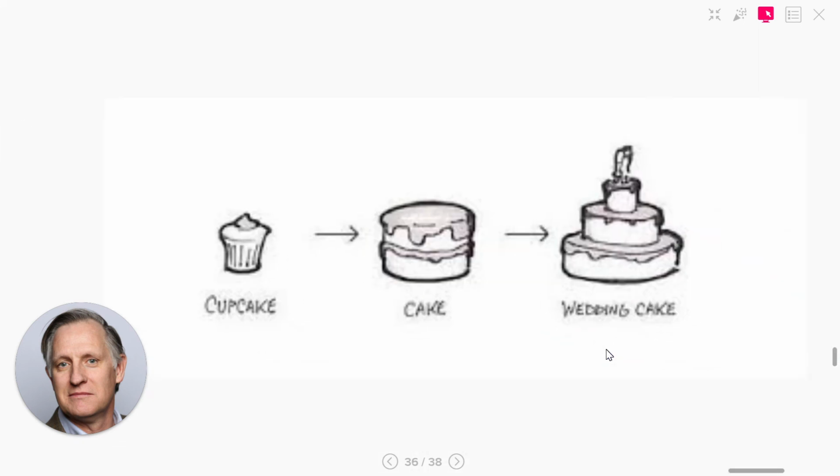Another way to look at it in design thinking, they call it the cake experience roadmap, right? You want to focus on cupcakes, right? It's something that doesn't cost a lot of money, cooks fast, ingredients are fairly simple, but it still delivers a tasty experience, right? If you focus on the wedding cake, it takes a long time, it's really expensive, customer may not want to get married to you quite yet,